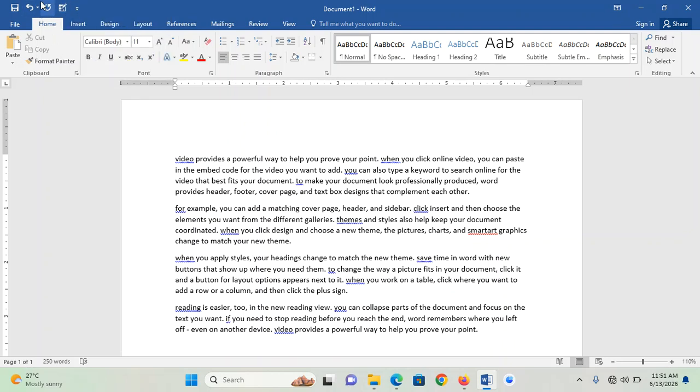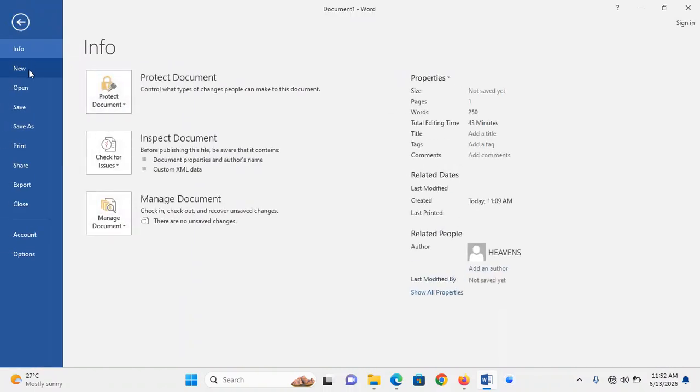When I'm done with the quick access bar, I'll come to this File. In all the Microsoft Office versions like 2007, it was called the Office button here. But from 2010, that version of Microsoft Office, it was changed from being called Office button to File, but it does the same thing. It has the same features. When I click there, it will pop up and show you more options or more tools to work on your